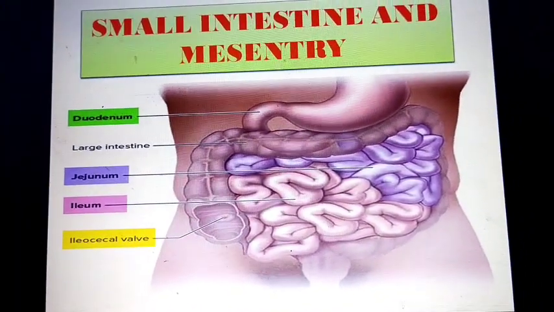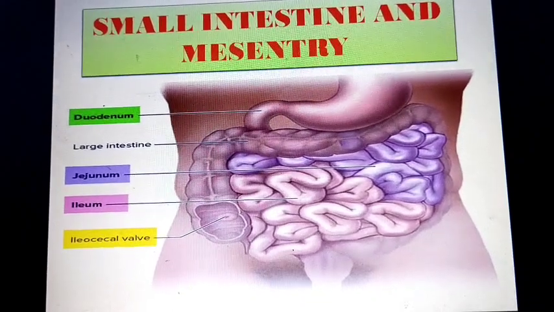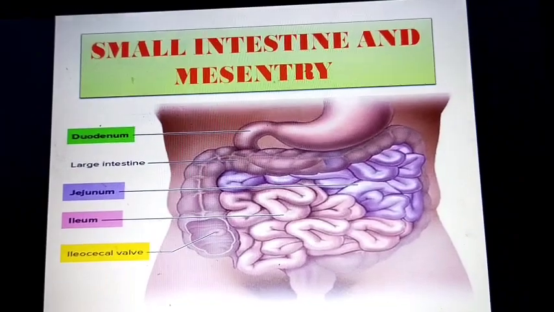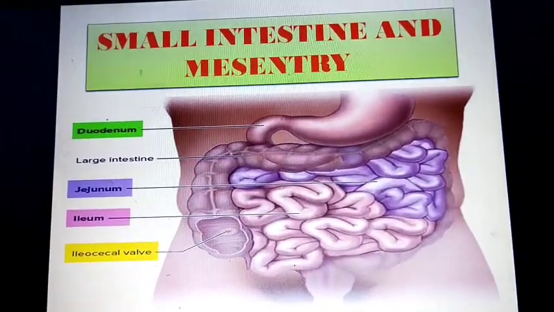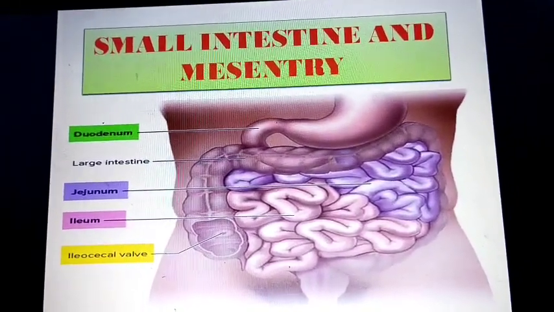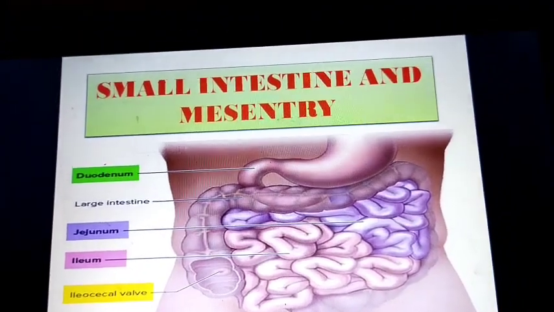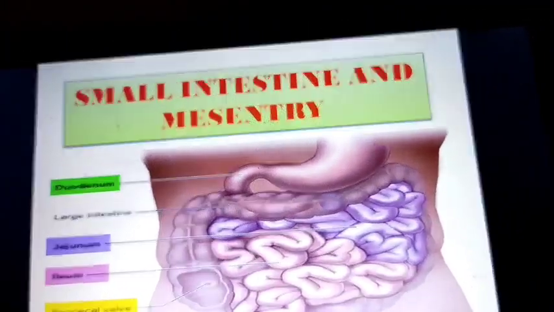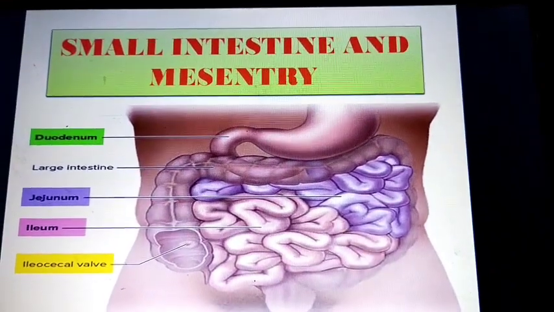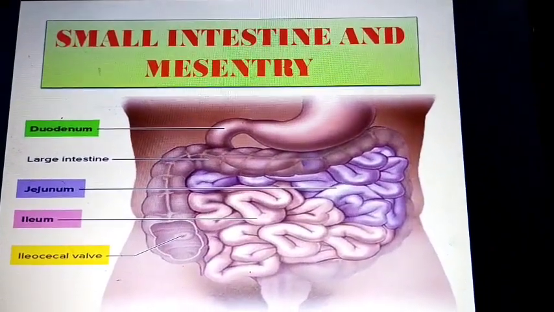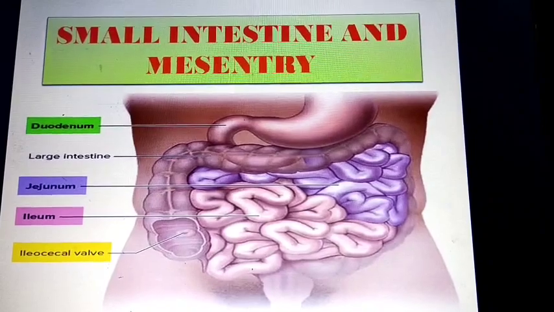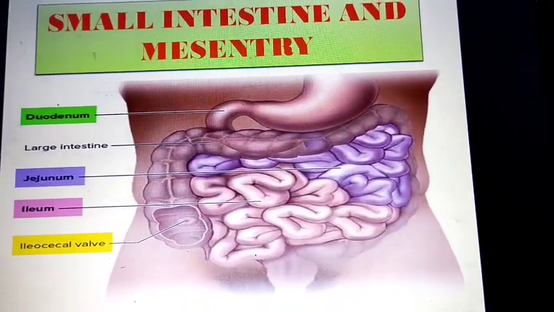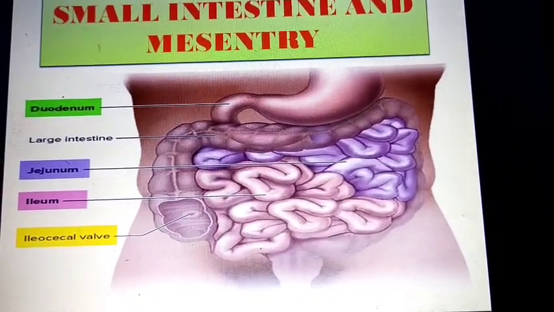Today we will discuss the anatomy of the jejunum and ileum. The small intestine, in brief, is generally called the midgut. It is a tubular structure and the most coiled part of the GI tract. Now we can go to the anatomy of the jejunum and ileum.